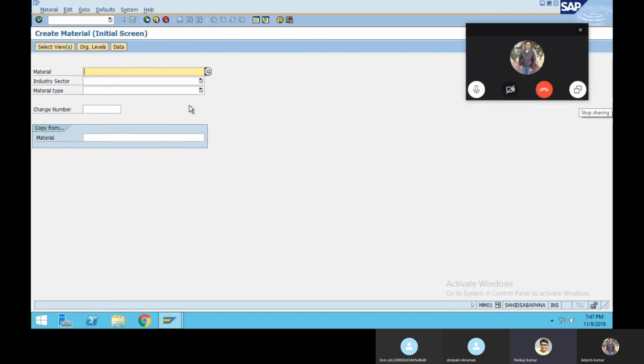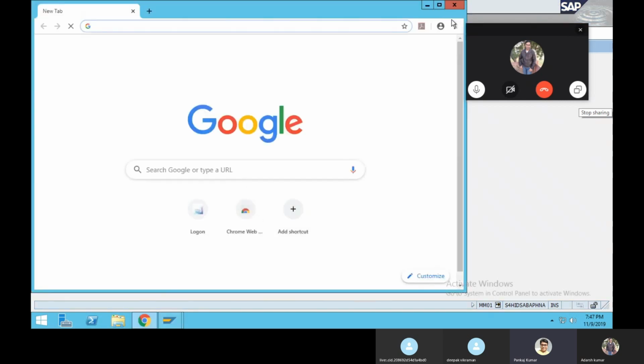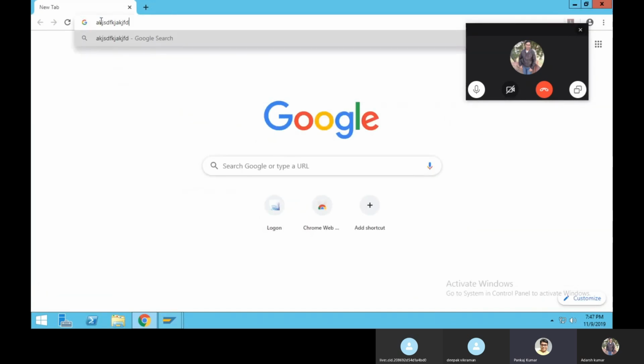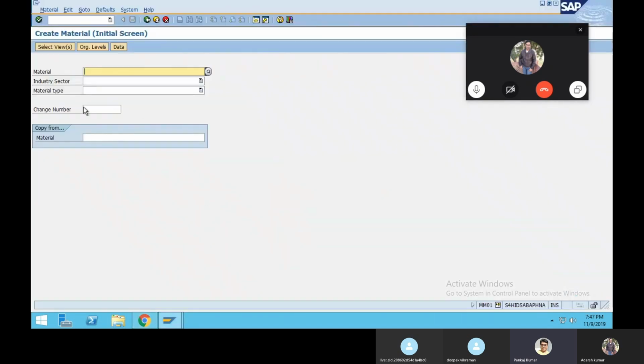Now SAP is telling customers, no, try to use the Fiori application, which is a cloud-based application, meaning an internet-based application. They will give a URL, and you go to that URL and enter all the things you want to put. There also you will see nice buttons: material, industry sector, material type. But this screen is not looking good. This is the SAP standard screen, which has been used by SAP for many years.